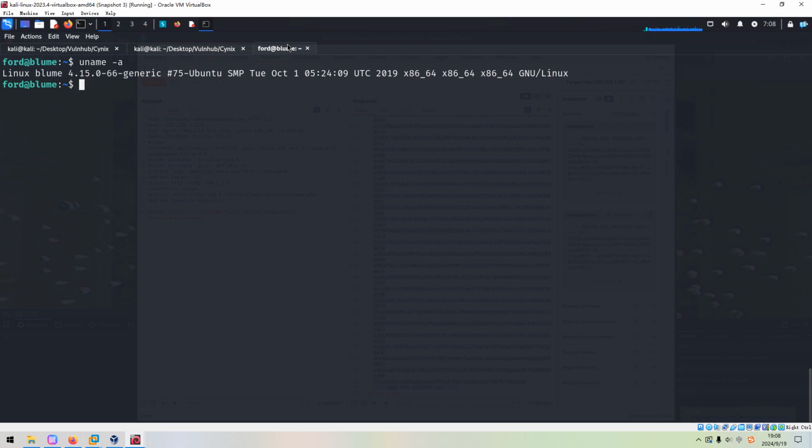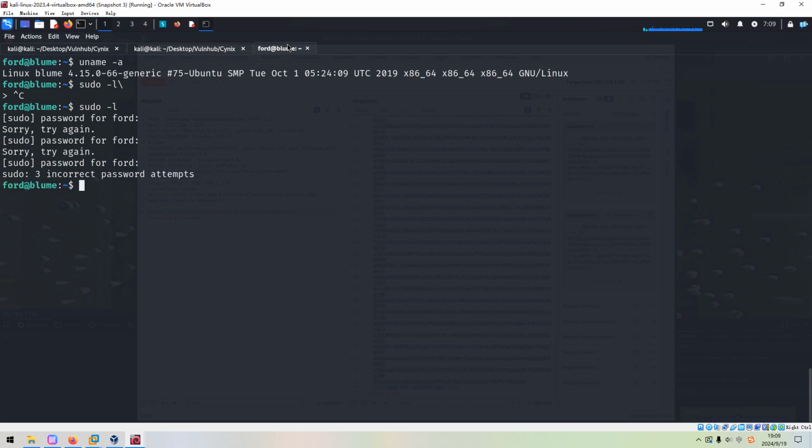Of course, we have already got the user names. And next, we can check sudo. But we didn't get the password for this user yet. So we just tried 3 attempts.